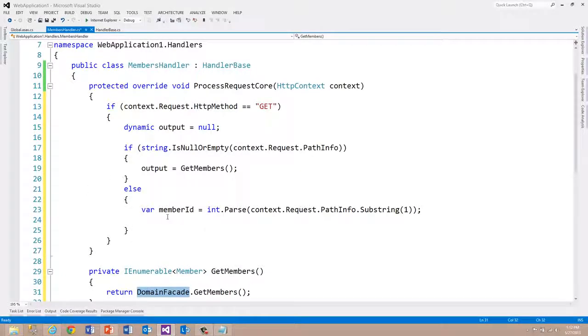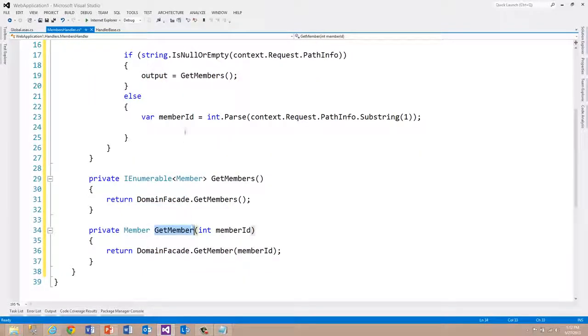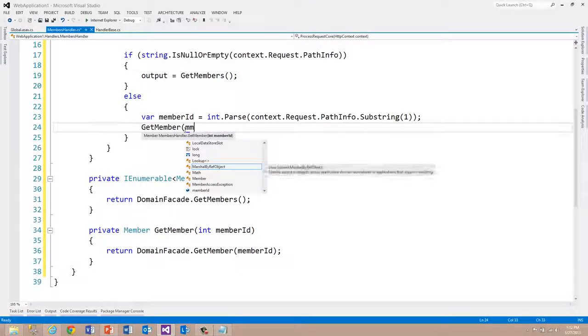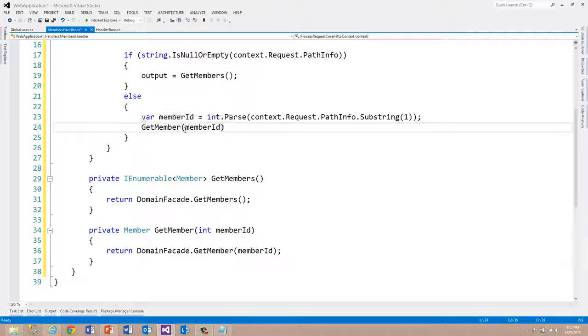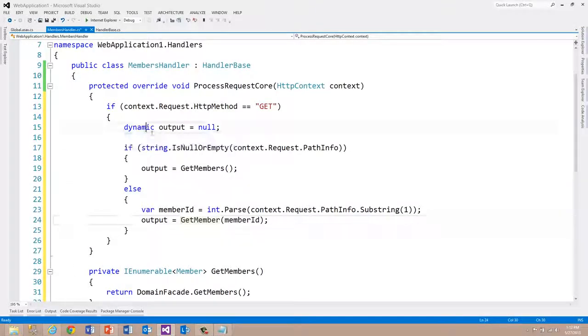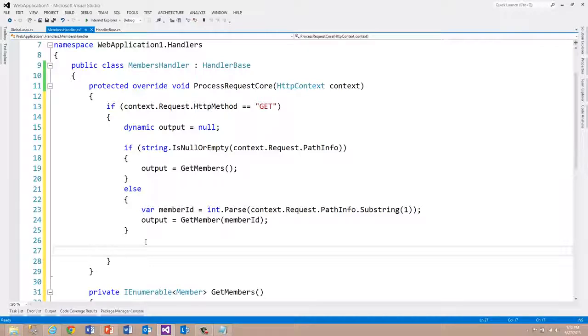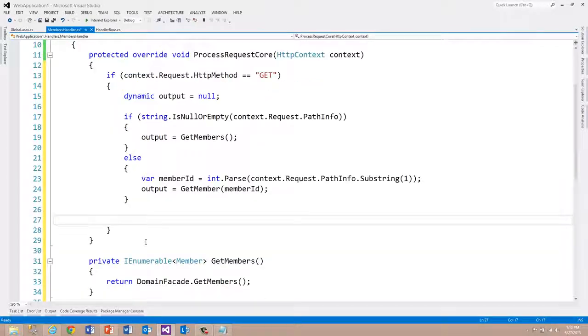So once we have a member ID, we can call into this method. So getMember, given a member ID, and this returns a singular. So again, I'm just going to assign it to output, and that's the reason I made this dynamic. It could take on any form here. And once we do that, we're going to blindly convert this into JSON and